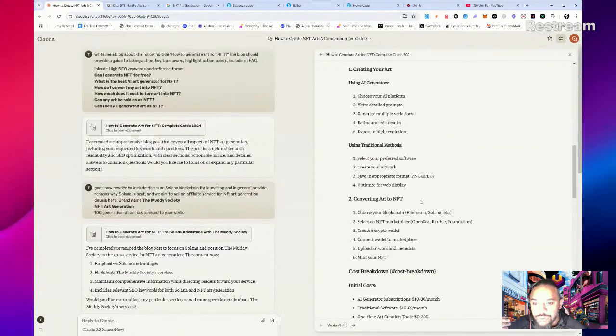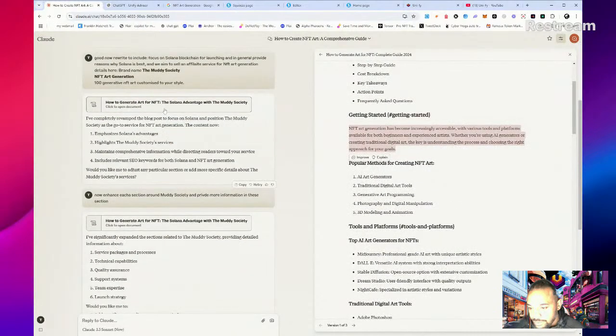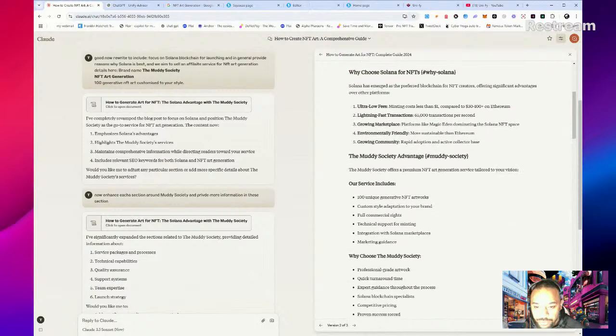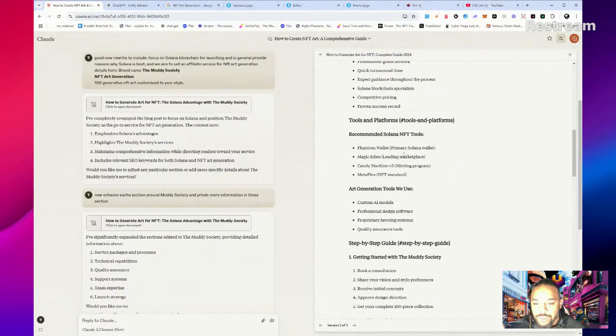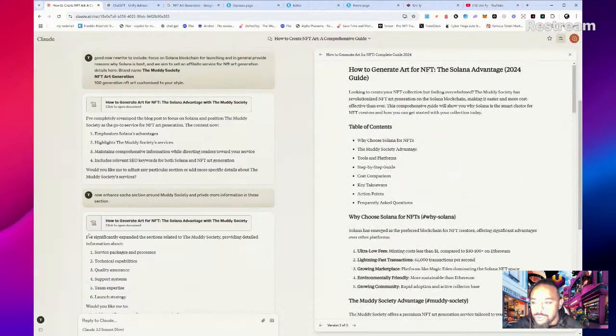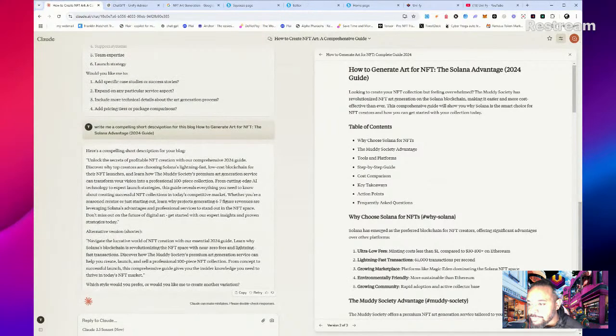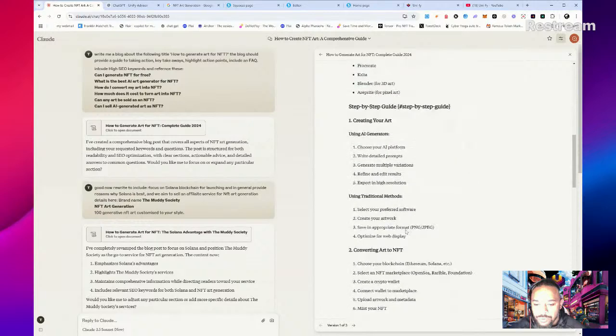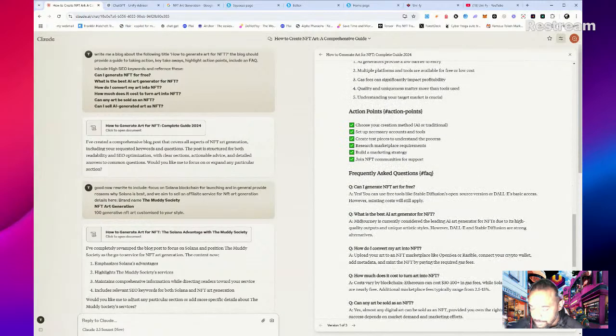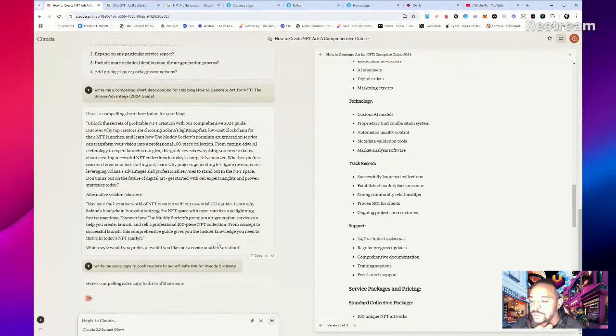Now, what we will do is this one, I think, Muddy Society. We just want to get a little bit about Muddy Society. Where did I see that? I'm going blind. I'm sure they wrote a good paragraph for us. Where is it, guys? Come on, tell me. Where did I put it? Right. Right. Me sales copy to push readers to the affiliate link for Muddy Society. Okay, just because I can't find that,